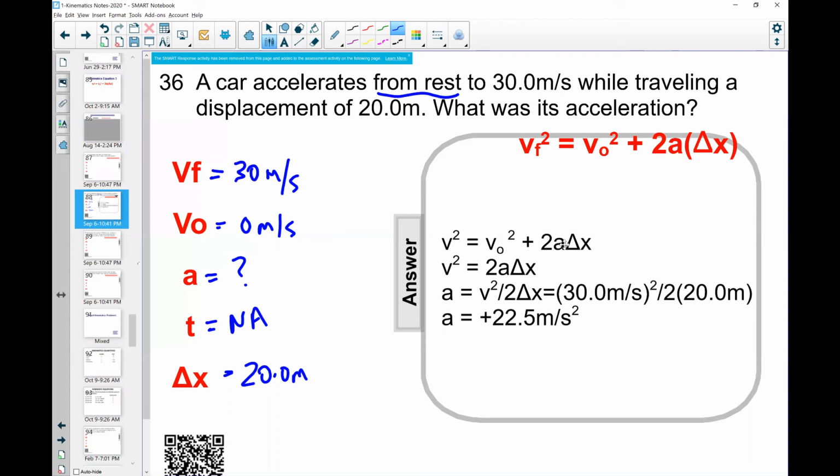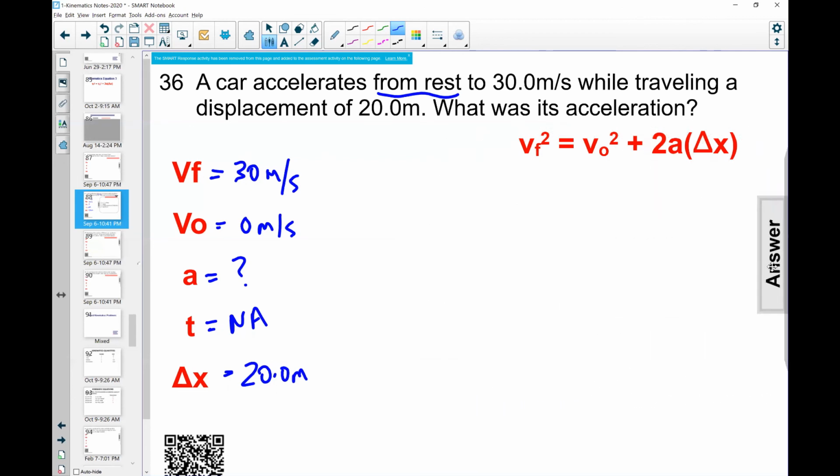What they do require, just a reminder, I've mentioned this before, is that you write the equation first, whether you solve it algebraically for the correct variable or not, and they do require that you show the substitution. They actually don't require that you show how you manipulated algebraically, but you do have to show the equation unsubstituted and then the equation substituted, whether you have manipulated the equation or not. You need to show those two steps. And almost always that's 2 of the points for the grade. Anything else you want to ask?